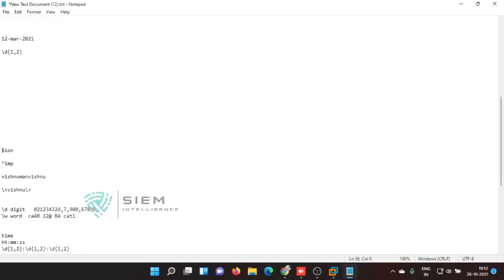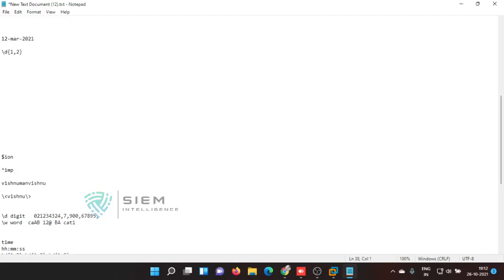That may be a single digit, either it may be 1st March, 2nd March, 3rd March, 4th March, 5th March, anything up to 30 March. So after 10, it should be 2 digits. See, 10 is a 2 count digit. If it is 1st March 2021, it can also take it. Because we are already considering digits of 1 count or 2 digits, and there is a hyphen, you are typing hyphen.